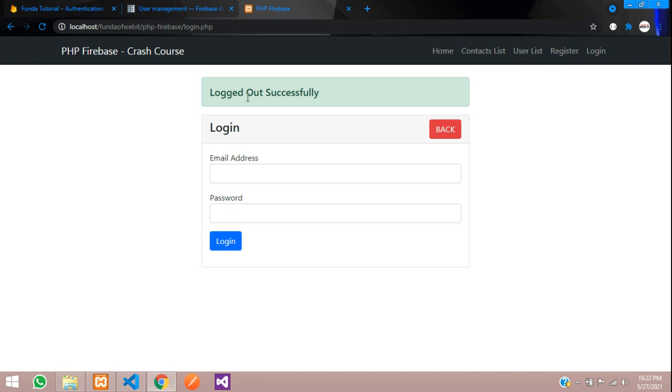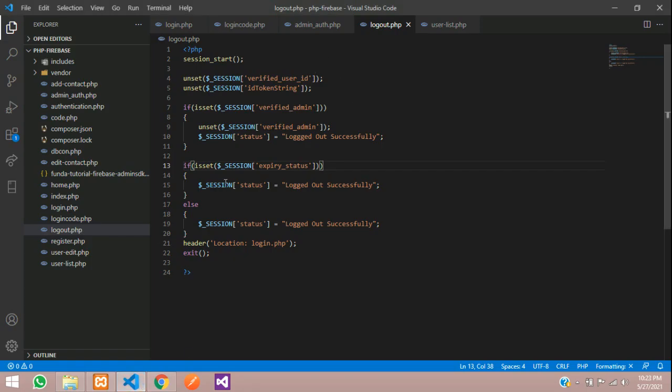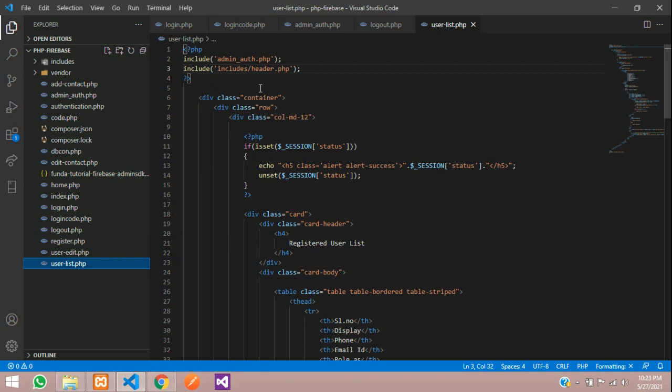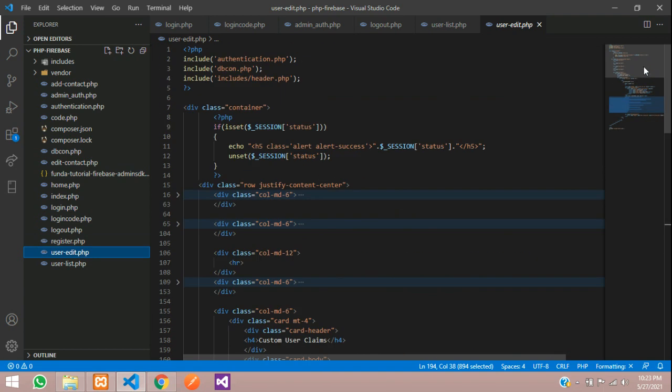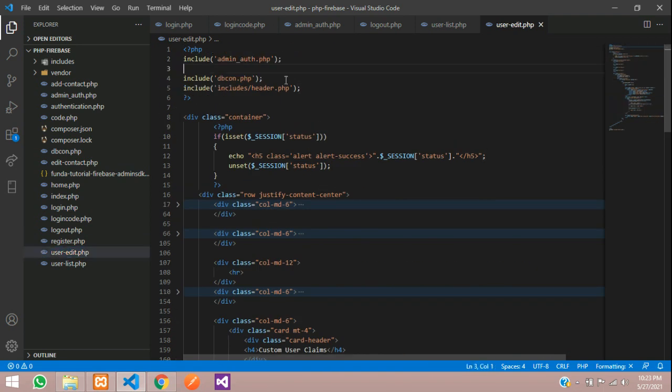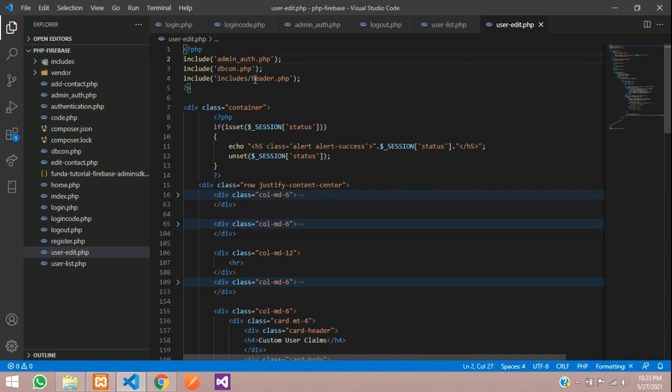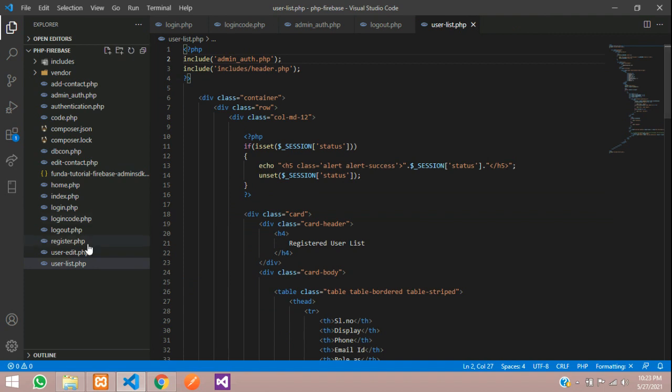Automatically it is logged out, as you saw, right? So in the same way on the user list also, if you want to put that for admin edit, because wherever we want, as you have given this auth admin, right? So you need to put this on your edit.php also. Let's get back over here. Remove this authentication, that is normal user, and this is your admin authentication. Okay, save. So a normal user cannot access this user edit file.